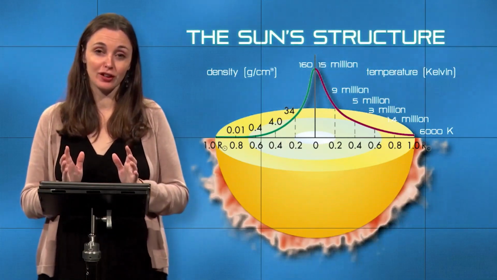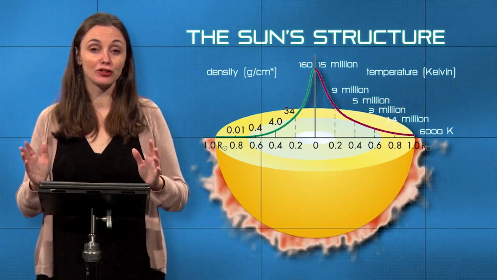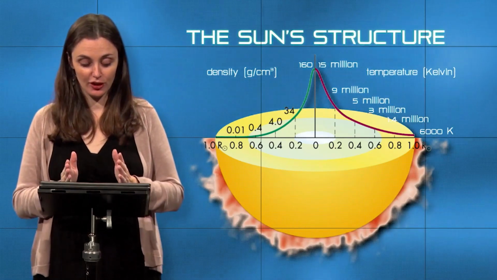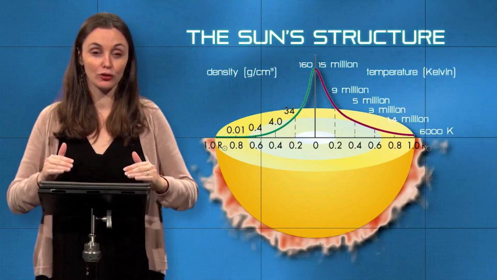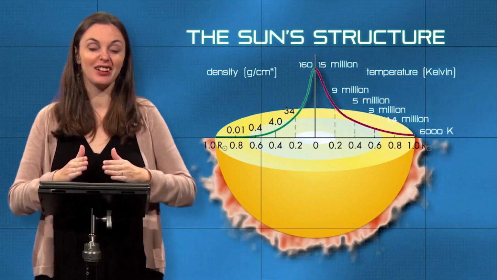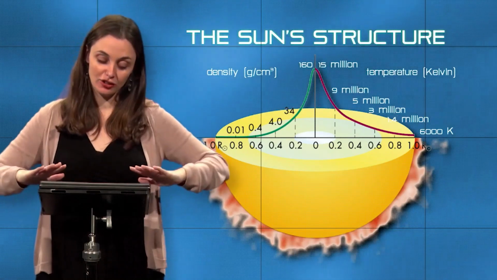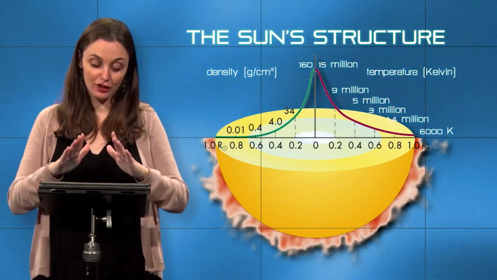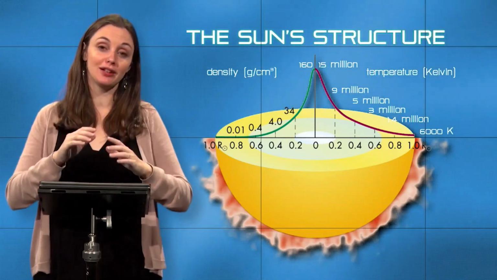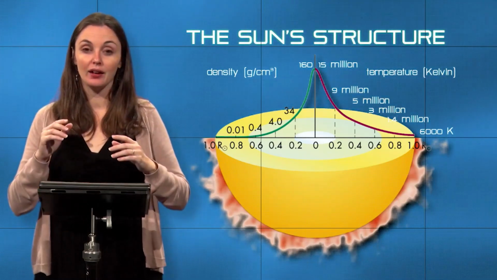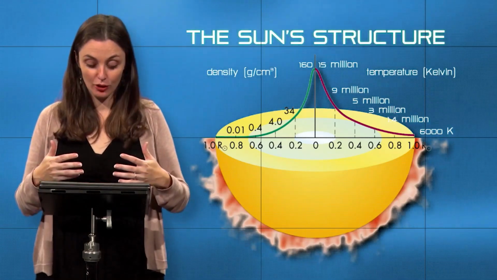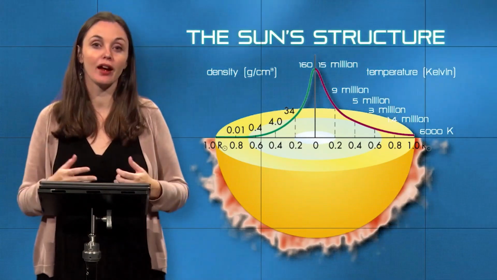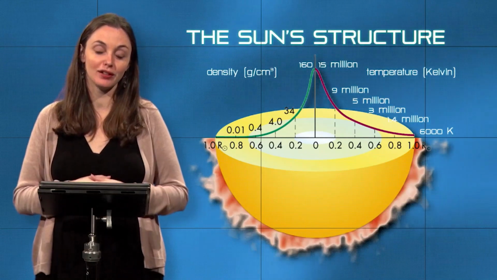The surface of the sun is a mere 5,830 Kelvin. Then from the surface of the sun, going through the convection zone, through the radiation zone, and into the very core, temperatures just skyrocket up from 5,830 Kelvin to 15 million Kelvin. In high mass stars, this core temperature is 10, 20, 30 times that of the kind of temperatures that you might get in the sun.